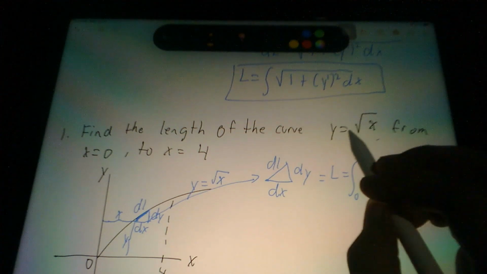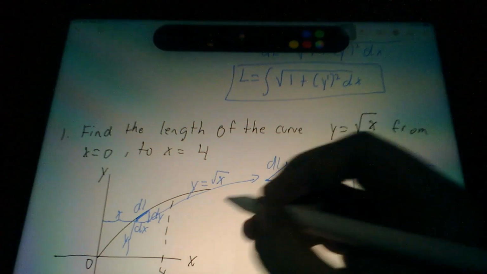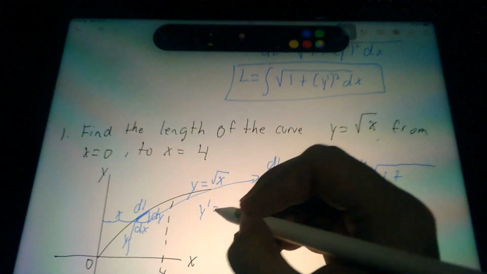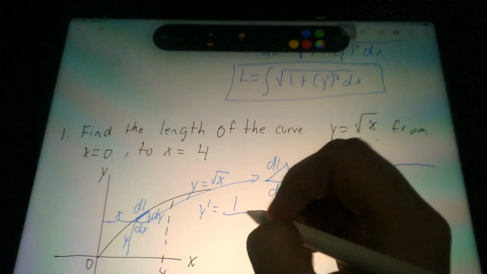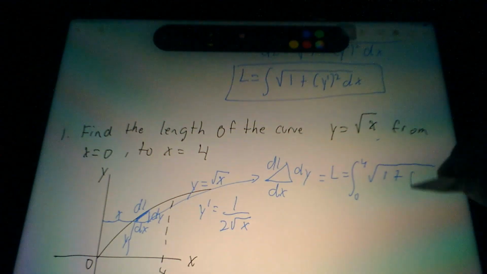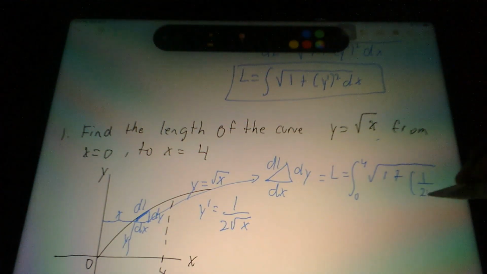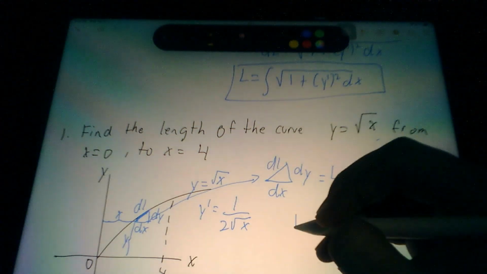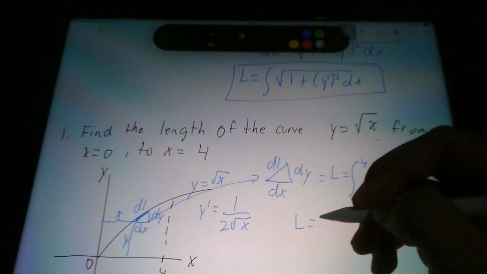The derivative of square root of x is just y prime is equals to 1 over 2 square root of x. So let's put that here, 1 over 2 square root of x. Don't forget the squared here, okay, dx. So L is equals to